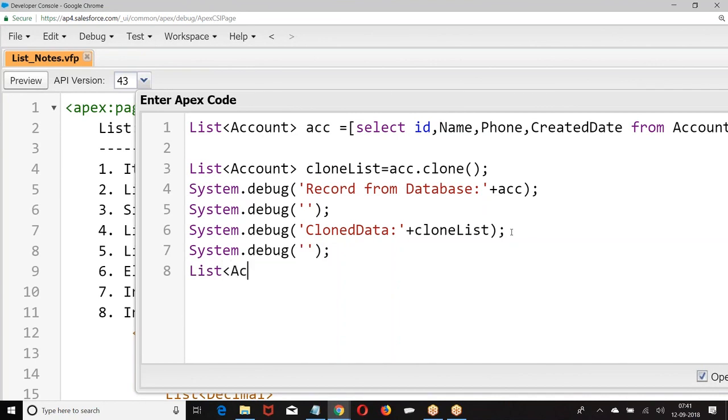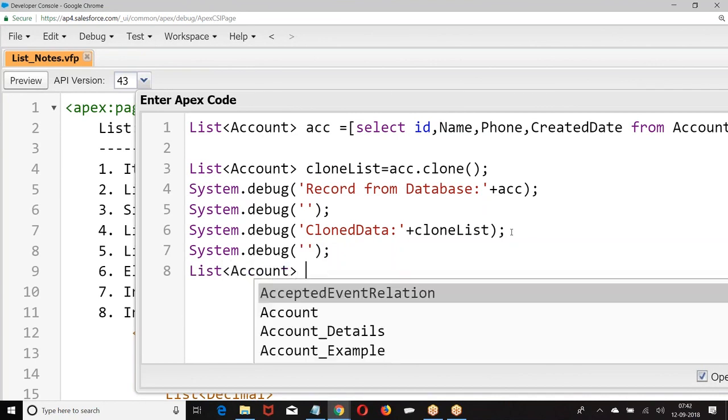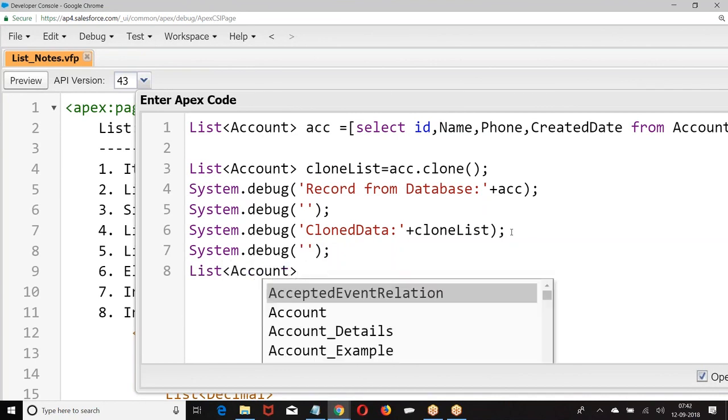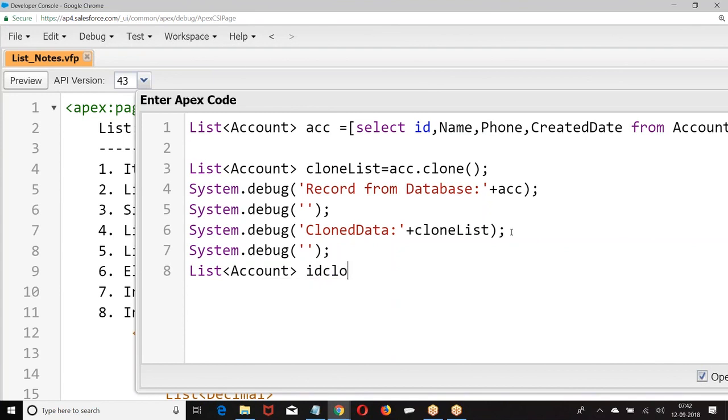List of account equal to acc dot diff clone false.